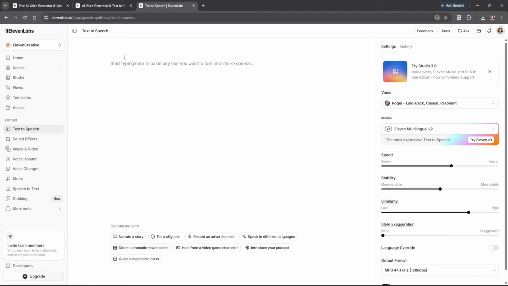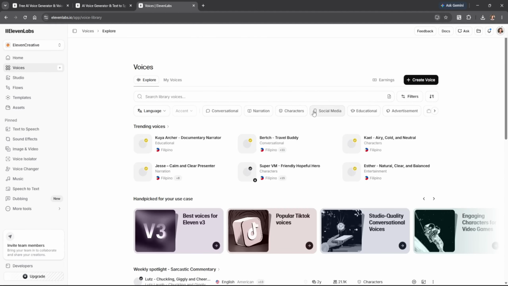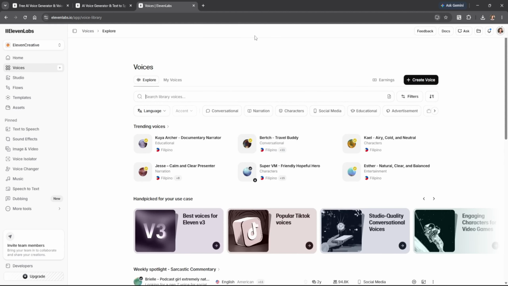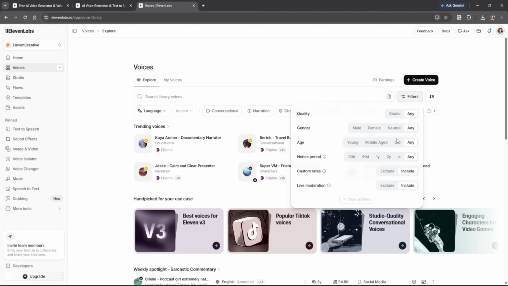So if you don't already have a saved voice, you can click the voices on the left sidebar. You'll enter the voice library where you can browse hundreds of community and official voices. You can use the search bar if you're looking for a specific style or browse by categories like narration, educational, social media, conversational, advertisement, or characters. You can also filter voices by languages and accent, making it much easier to find a voice that matches your